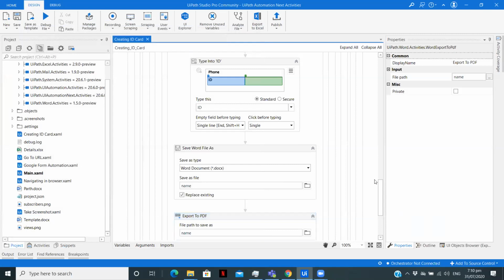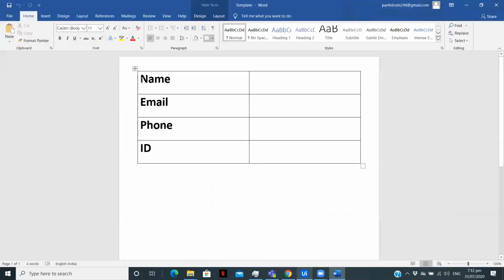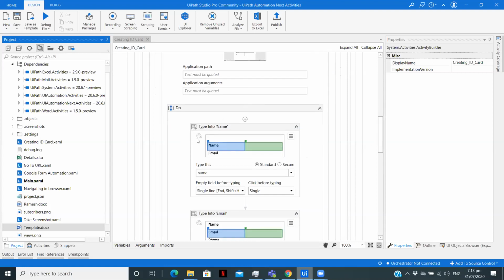Let me close this. Okay, so the problem was our cursor was by default over here. So once we click on tab, it will go over here and start typing. So we need to change that. Let's do that. So we'll add a hotkey over here after this.